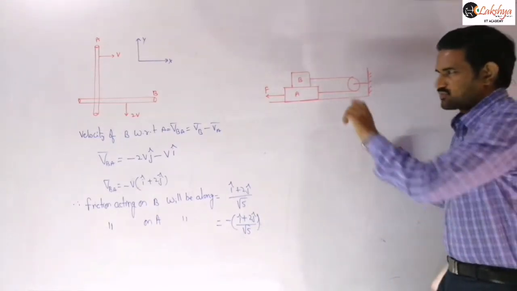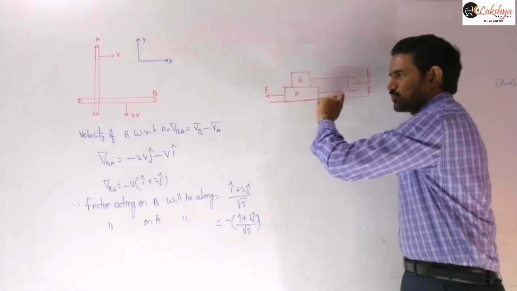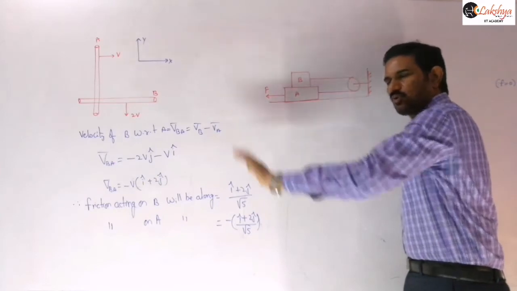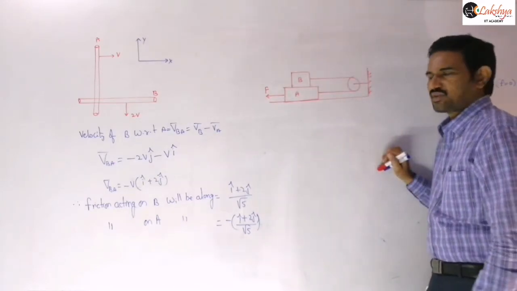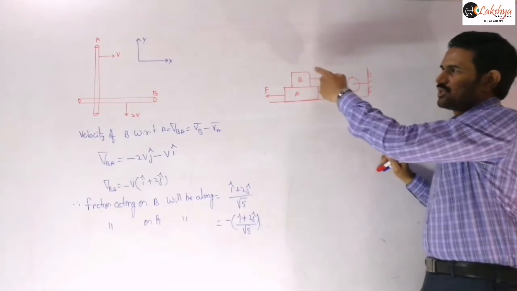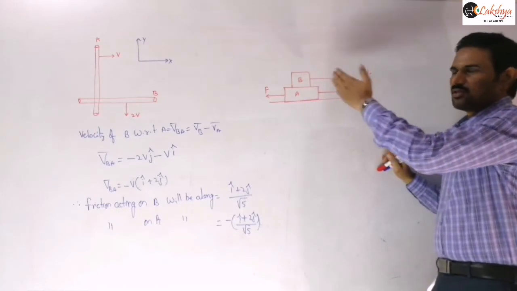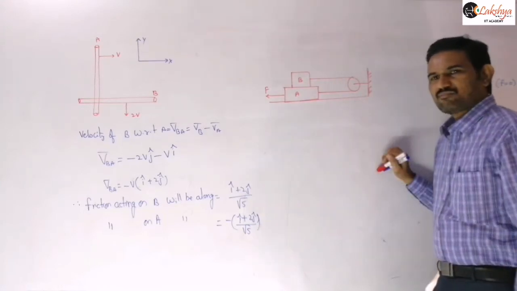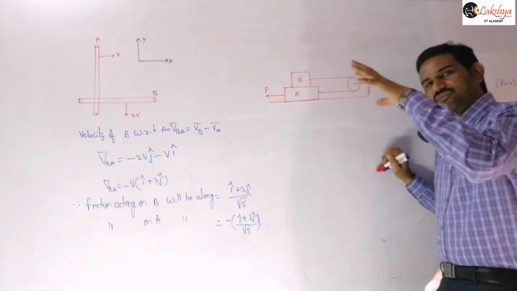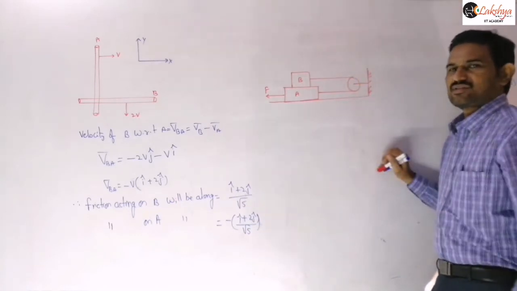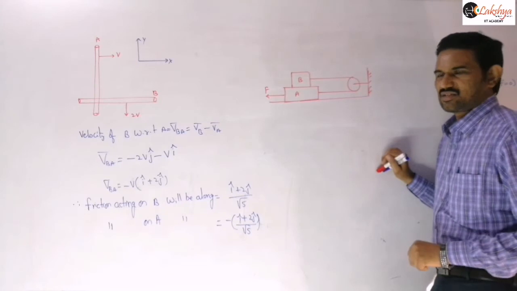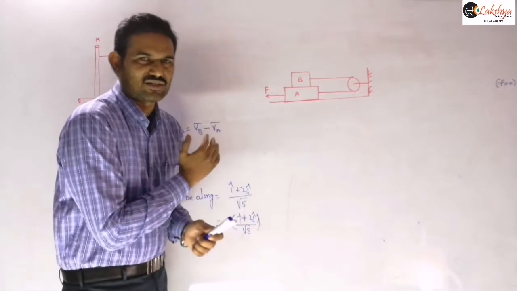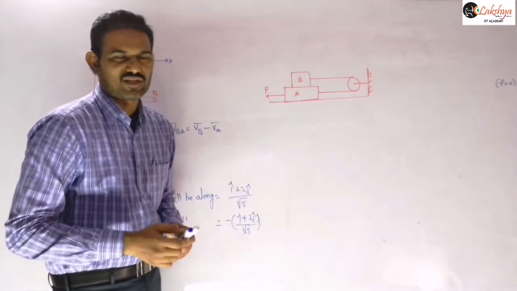Is it clear? That means we are pulling this block towards left, and so if all the surfaces are smooth, then whatever the amount of force you are applying, this block will start moving towards left. And so when it is moving towards left, then the other block will move backward, that means towards right, in the opposite direction because of this string constraint. So right, and now if the surfaces are rough, then let us identify how the friction is acting here. So now this block has a tendency to move towards the right, or if it is moving, then it will move towards right, right?